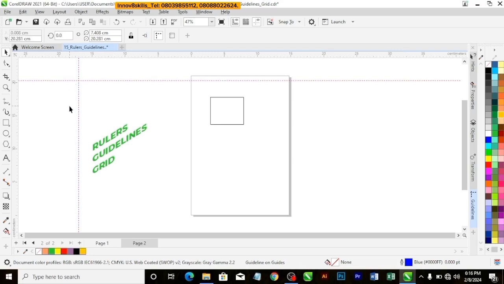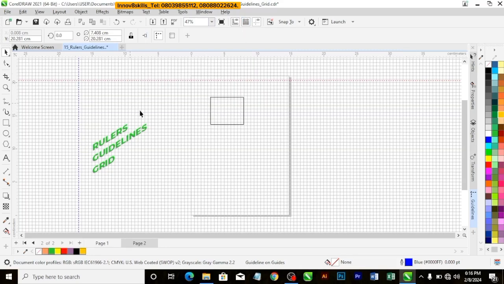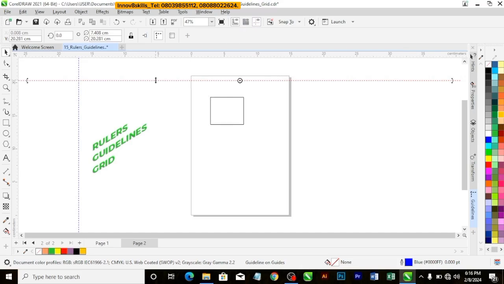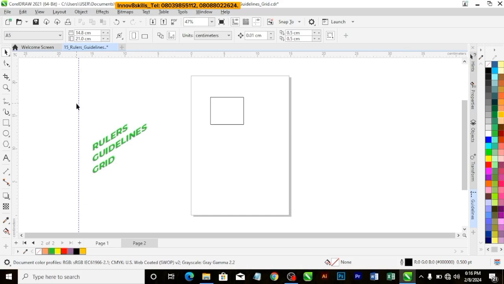Okay. So these are your guidelines. And this particular one now is your grid. Okay, so now let's start. Let me first of all delete this. Okay, so now this ruler that you can see, you can see that our unit is in centimeters: 0,